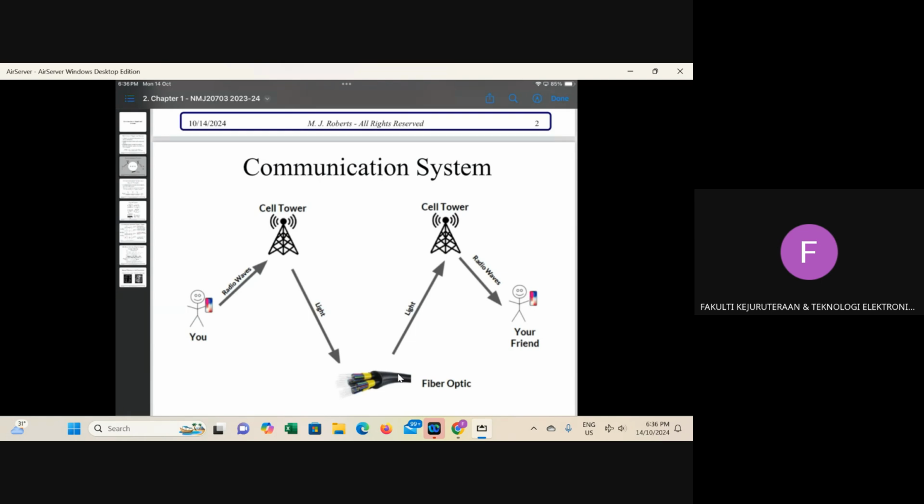I hope you are clear on this. What is signal? What is system? The system processes the signal, usually to produce a better signal or more informative signal. So that is the difference between signal and systems.